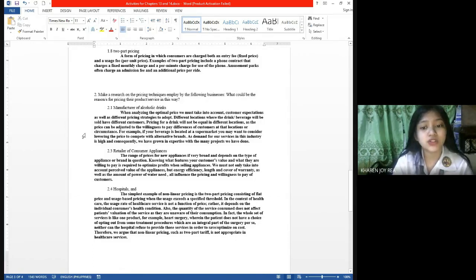Different locations where the drink or beverage will be sold have different customers. Pricing for a drink will not be equal in different locations, as the price can be adjusted to the willingness to pay differences of customers at that location or circumstance. For example, if your beverage is located at a supermarket, you may want to consider lowering the price to compete